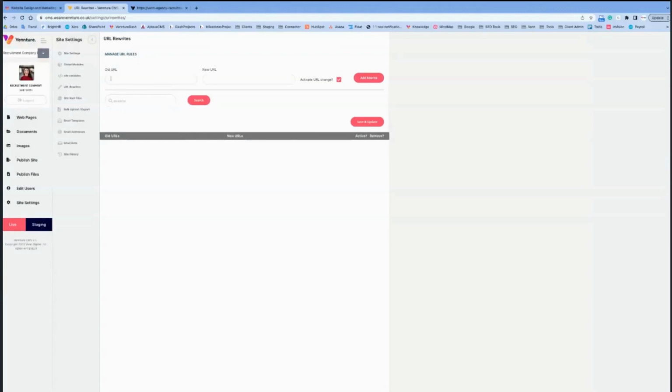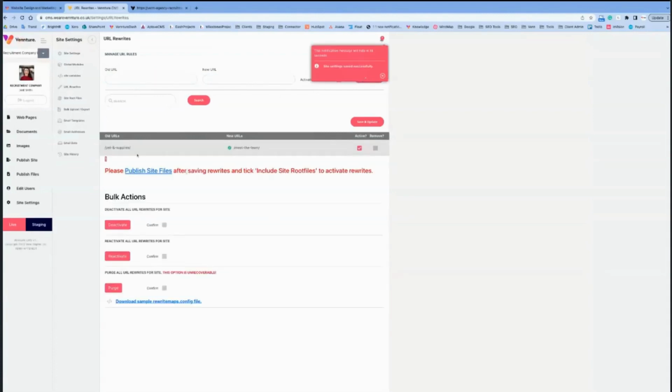Basically, you pop in the old URL of the old website. In the example here, we've got pet supplies. Don't ask me why we have pet supplies. Someone's obviously clearly been writing about pet supplies, so we'll just stick with it. Stay with me. We've got pet supplies there as the old URL. Now we're going to the new URL. Great, so perfect: meet the team. Click add rewrite. So now, as you can see here, the old URL is pet supplies and the new URL